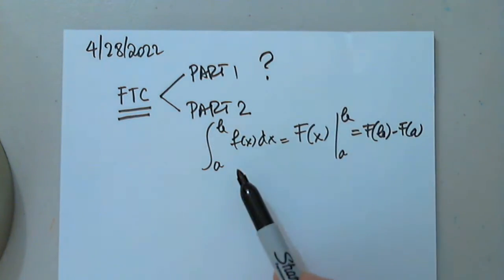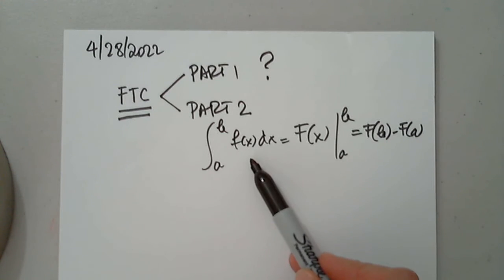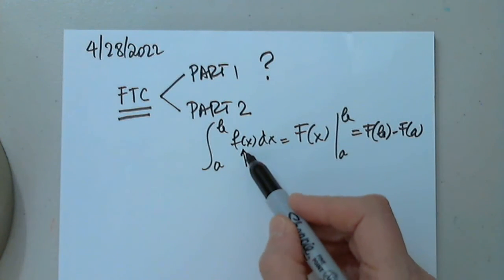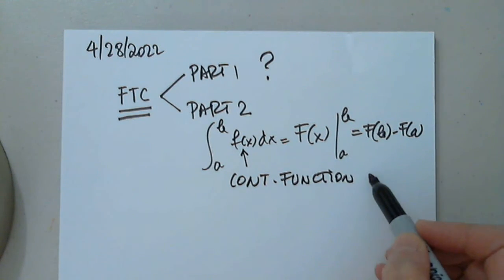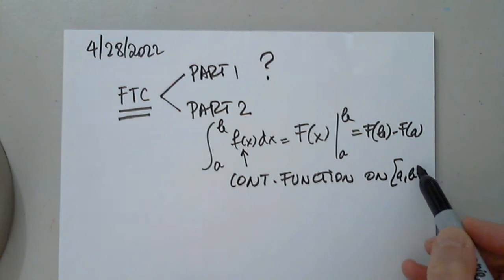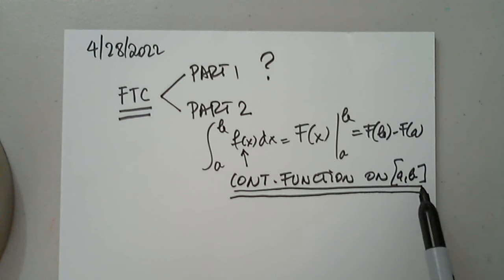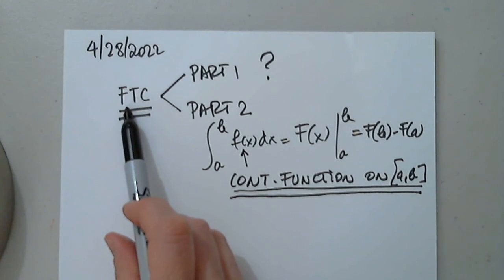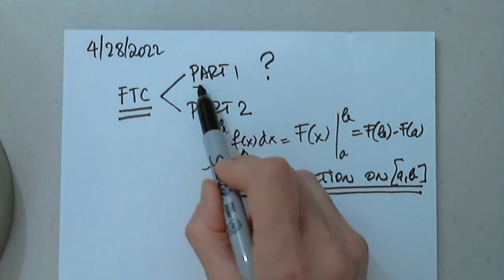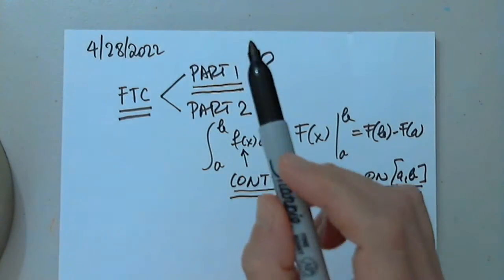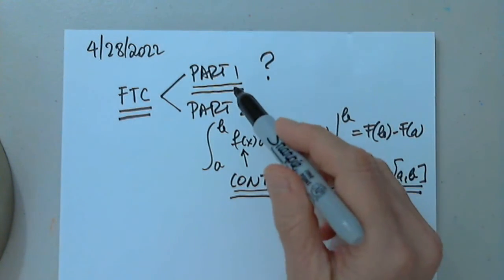So as you see, part 2 teaches us how to determine a definite integral. Of course, for a continuous function on [a, b]. This is an absolute condition, a mandatory condition. Otherwise, the fundamental theorem of calculus part 2 is not applicable. But what is this part 1 all about? Part 1 teaches us something else. It teaches us that